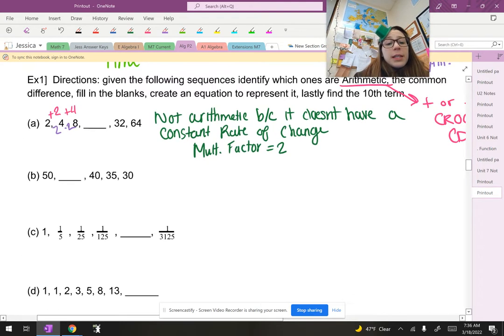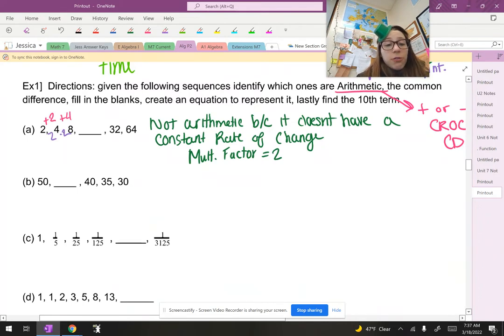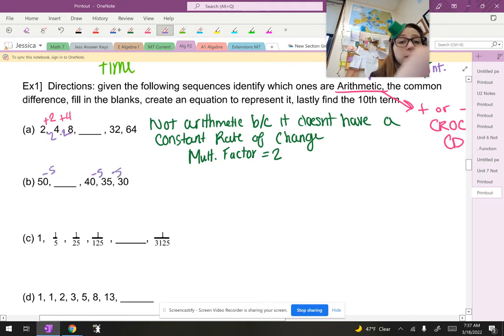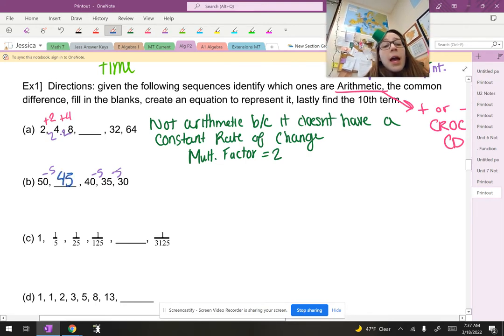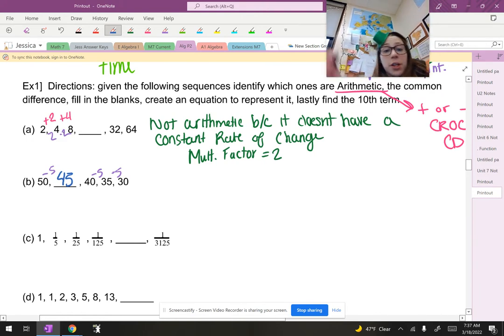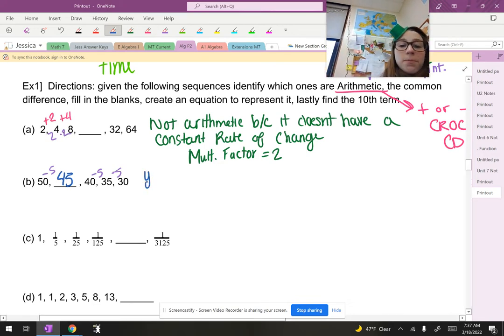Okay, moving on to B here. I've got 50, I've got a blank, 40, 35, 30. So looking there, from 40 to 35, I've got a minus 5. Oh, okay. Minus 5. Minus 5. So therefore, this missing term here has to be 45. And then this would be arithmetic because, again, it has a common difference, that constant rate of change, that minusing 5 each time. So this is arithmetic